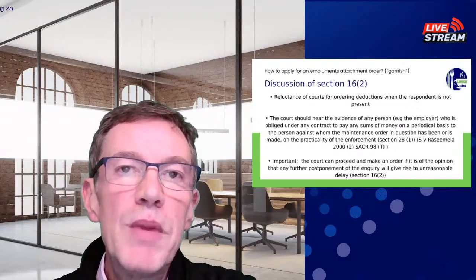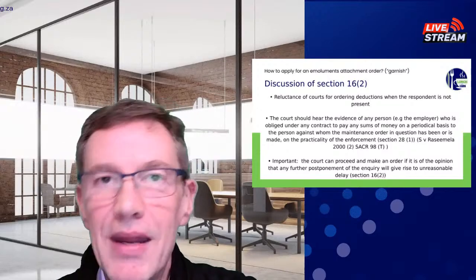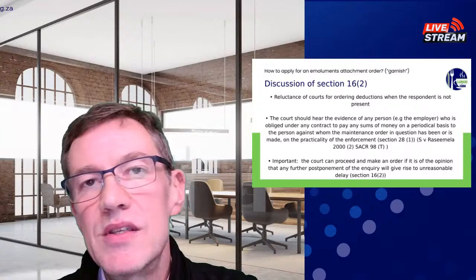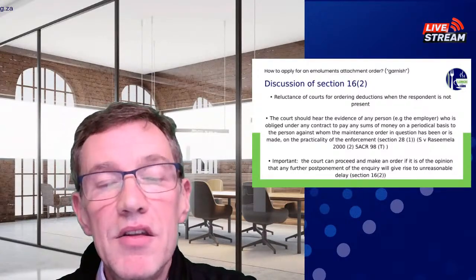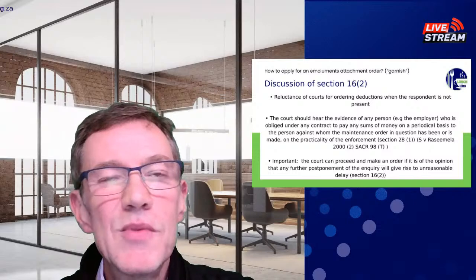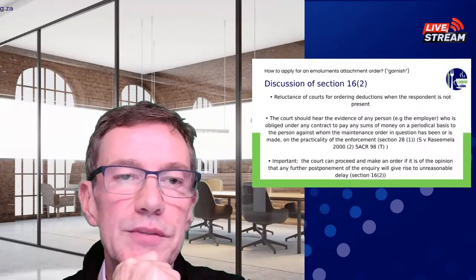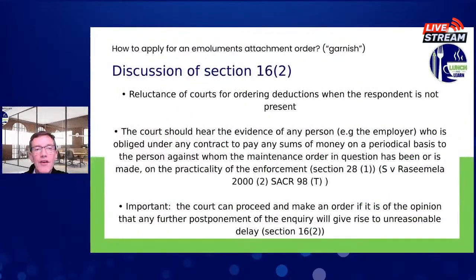There should be enough money left for him to support himself and his dependents before a garnishee order is granted. Now, that was an order handed down in terms of Minter versus Baker, in terms of Section 65J, which dealt specifically with garnishee orders. So the courts are reluctant to a great degree to use the Section 16.2 method of